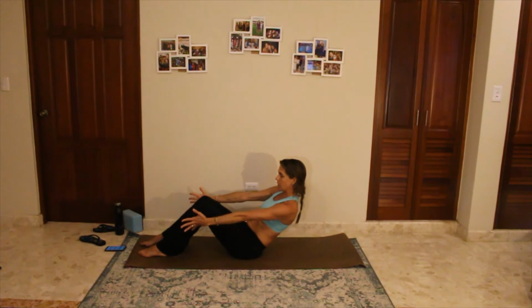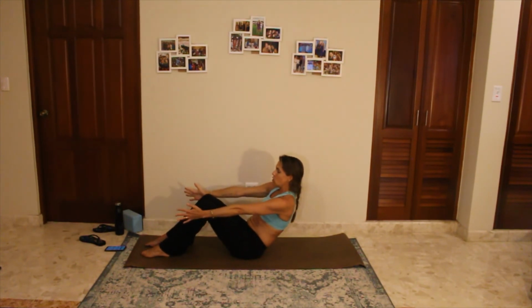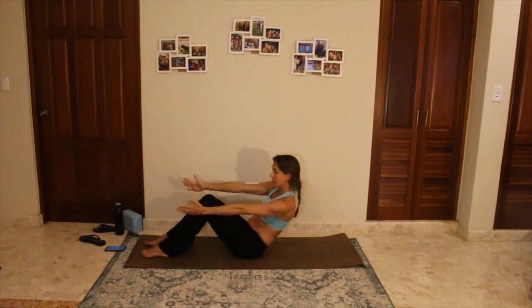So with teaser, you always come up and stop in this position. That's why it's called teaser, because you're working here, right? If you're too high, you're not working. So you always come back to here. We also just go to our shoulder blades. Your head isn't going to touch the mat. So we pull the belly button in, roll down, tap shoulder blades, and then roll back up to that position,